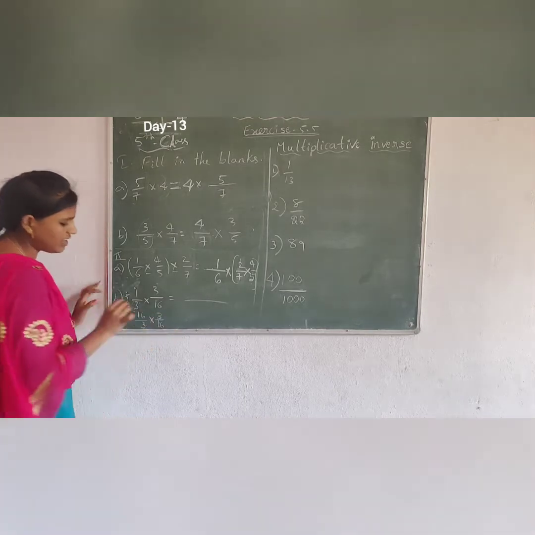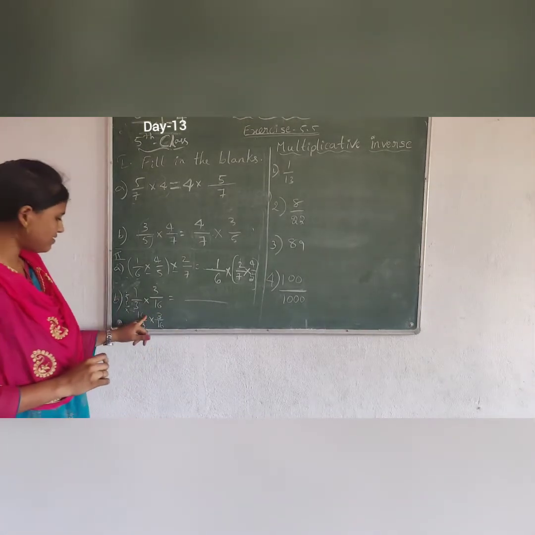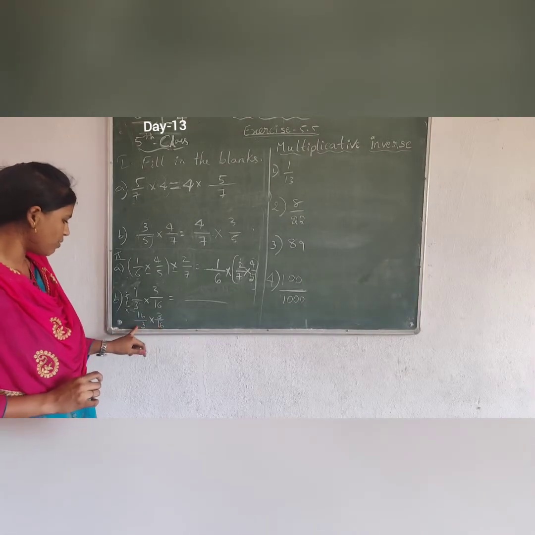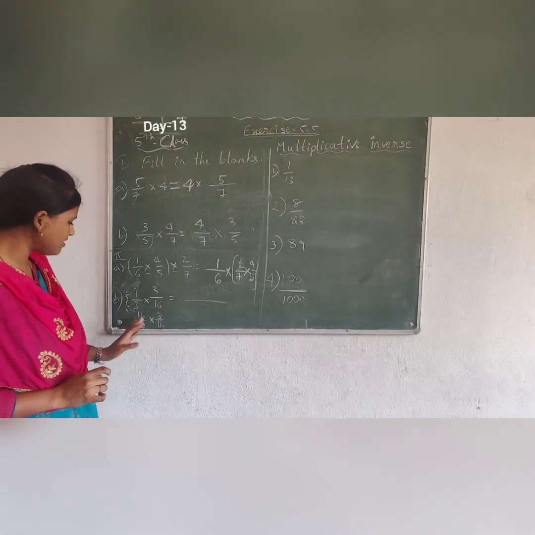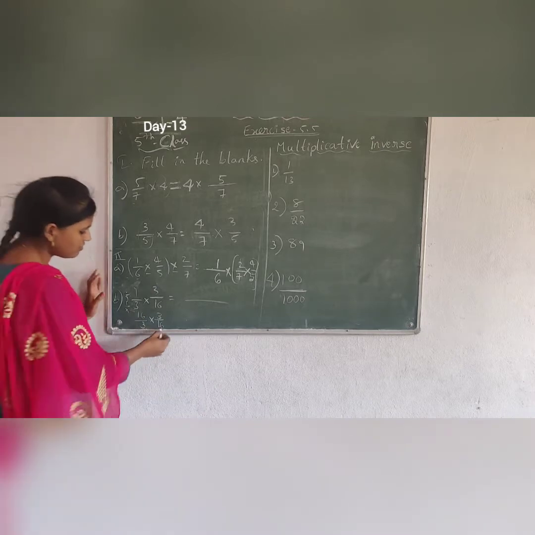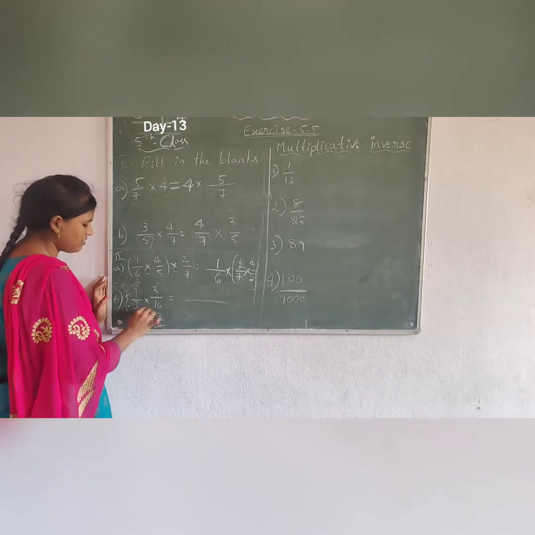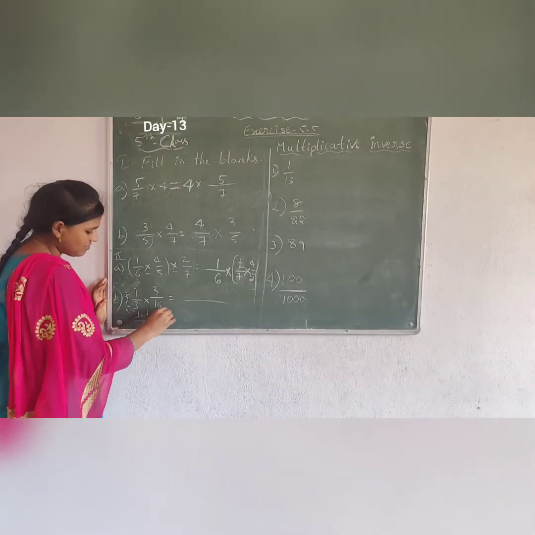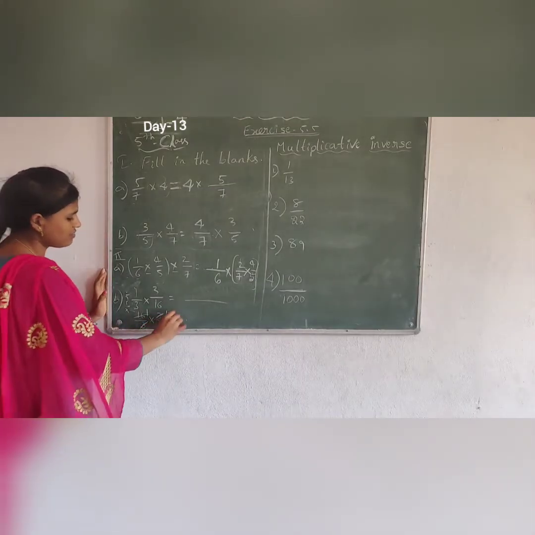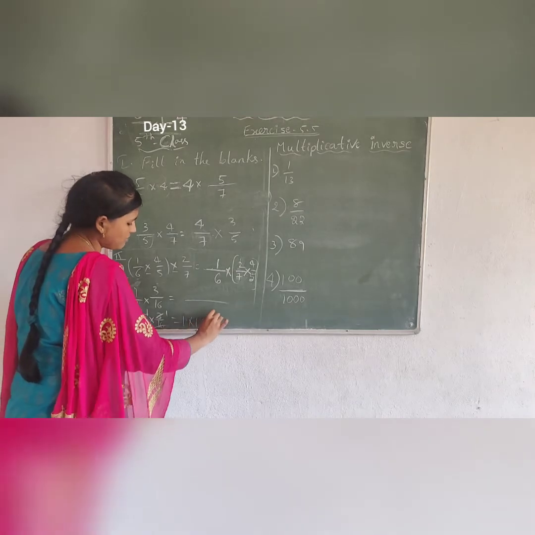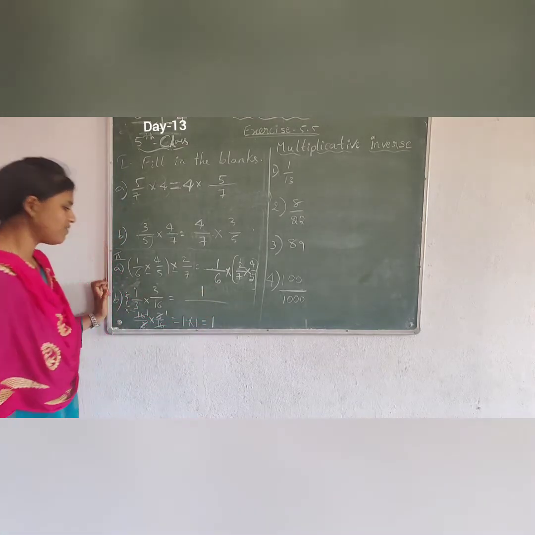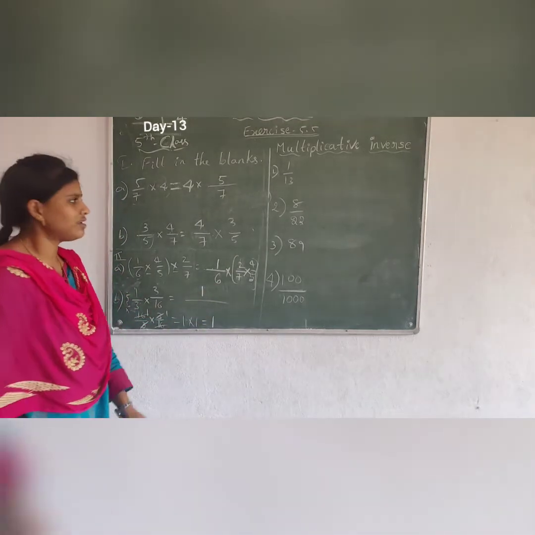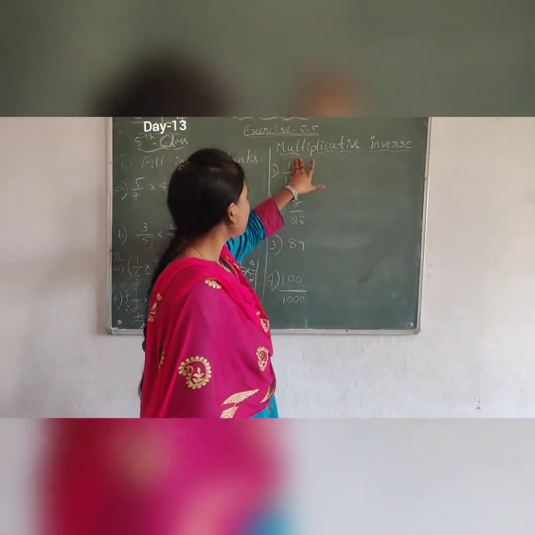See here, this is very easy. You check the numerator of the first and the denominator of the other. Is anyone cancelling? Yes, 16. 16 and 16 are cancelled one time. In this, 3 is cancelled with this 3 one time. So the answer is 1 into 1 equals 1. So the answer is 1.